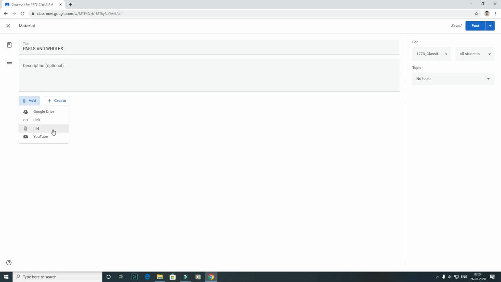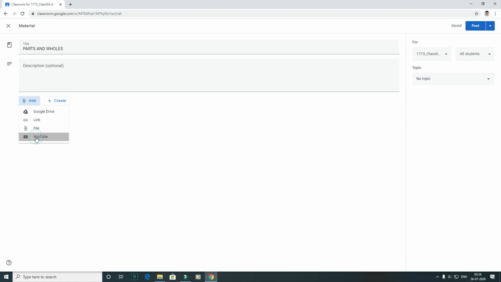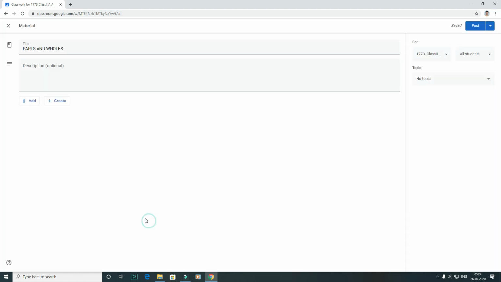Suppose the parts and wholes material files are available in your system, then the file can be uploaded there. Suppose you want to give a link, that is also possible. If you want to give a YouTube link, you can also give it from the menu. Suppose you want to create documents for the particular day, type some words, or show slides, there you can create.